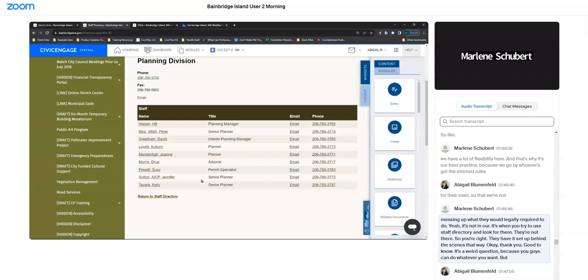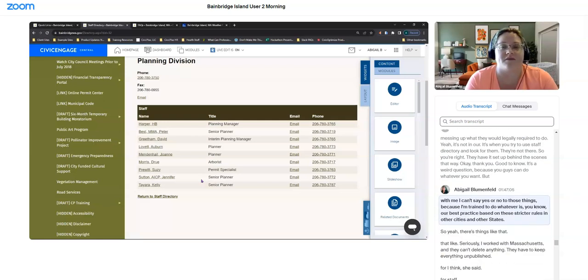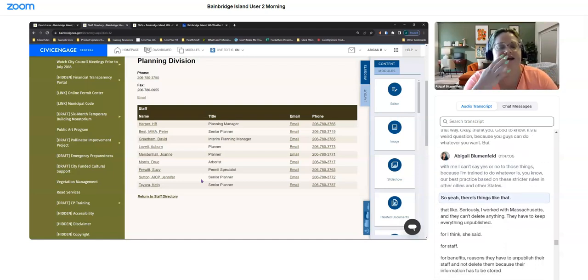They have it set up behind the scenes that way. Okay, thank you. Good to know. Yeah, no problem. It's a weird question because you guys can do whatever you want, but with me, I can't say yes or no to those things because I'm trained to do whatever is our best practice based on these stricter rules in other cities and other states. So yeah, there's things like that,